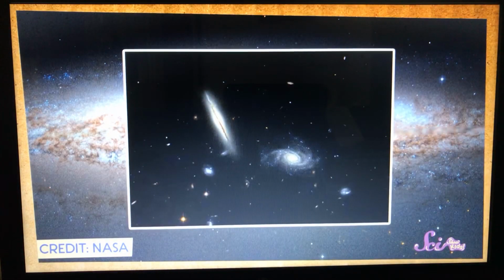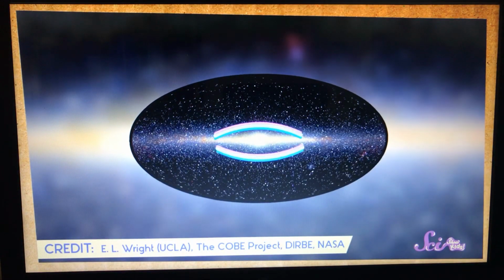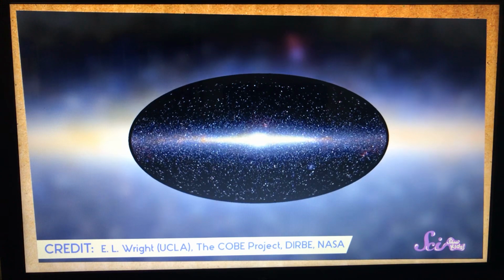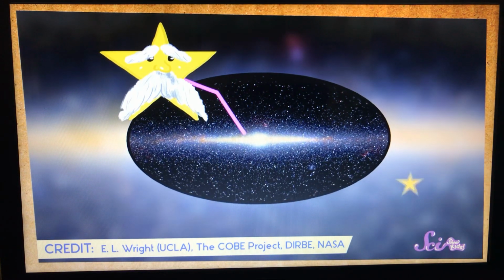Now, some spiral galaxies are just flat, like a pancake, but other spirals, including our own Milky Way, have a large bulge in the middle that's made up of a big bunch of stars. The stars in the bulge are usually older stars, while younger stars are often